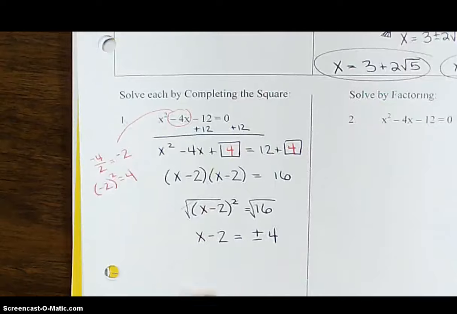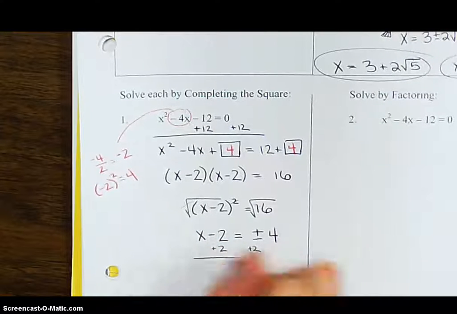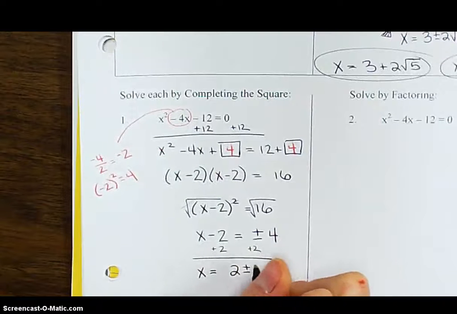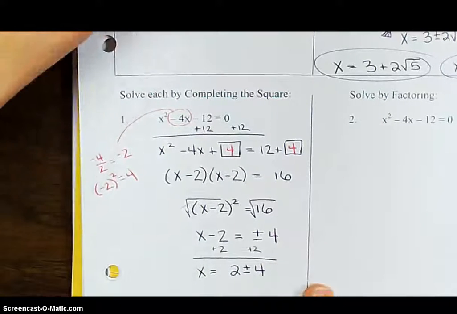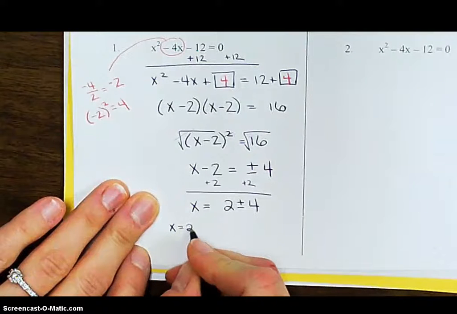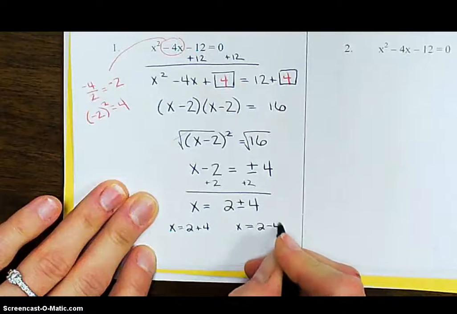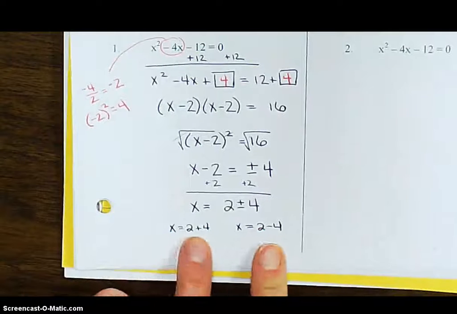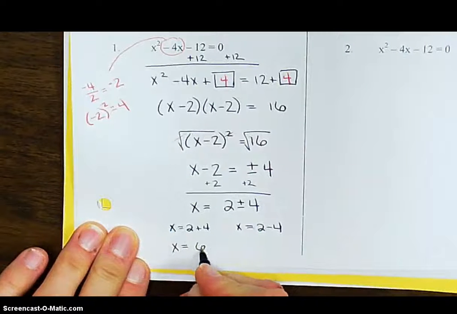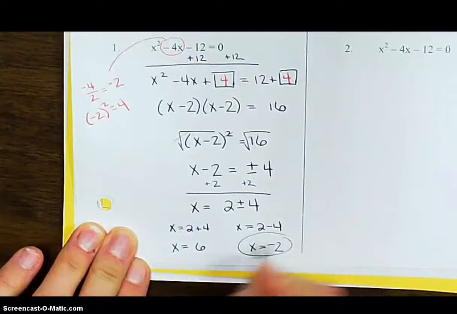So now we have to bring the 2 to the other side. So we're going to add 2 over here. So now we have x is equal to 2 plus or minus 4. Okay, so let's write this as our 2 answers. So x is equal to 2 plus 4, and x is equal to 2 minus 4. Now these are both whole numbers, so we can combine them. So here we get x is equal to 6, and x is equal to negative 2, and we have our